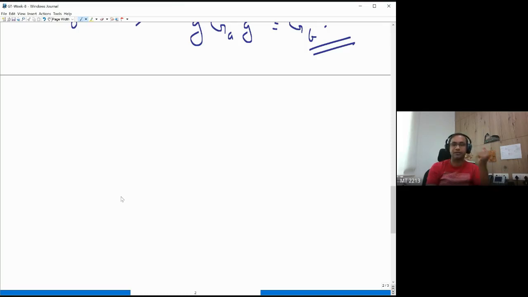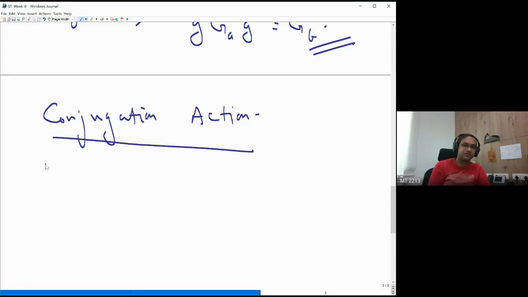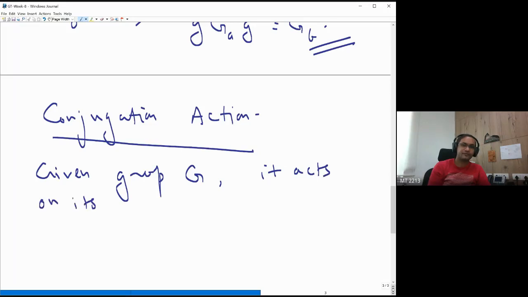Okay, so there is nothing unique about it. If you are given a group G and you are given the set A, that does not mean that there is only one possible action. There could be more than one possible way of defining the action, right? So we are going to consider now the conjugation action. So we are given the group G. So given group G, it acts on itself as follows,